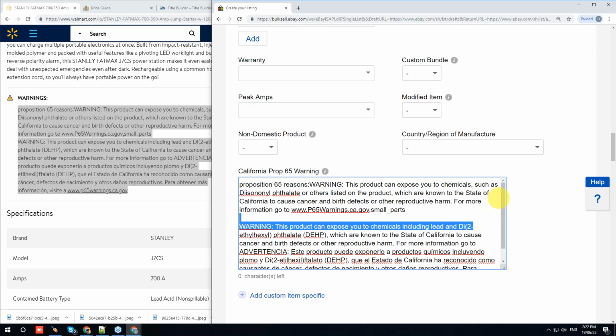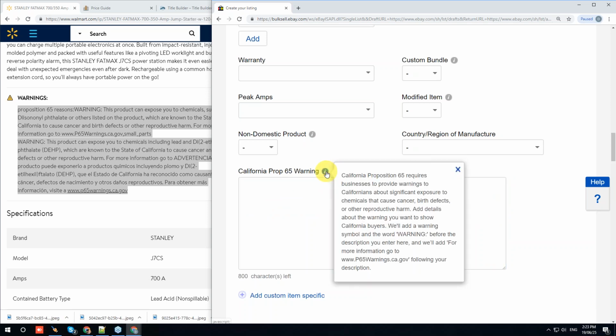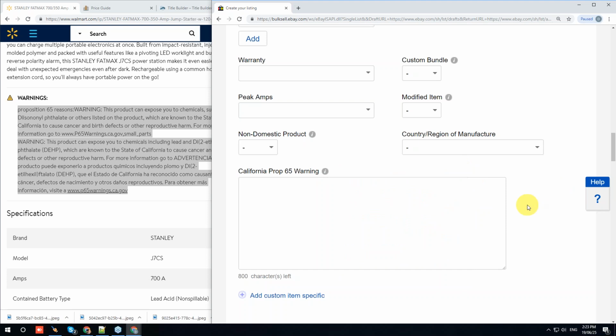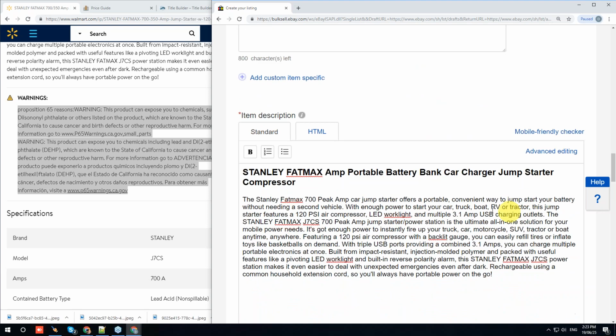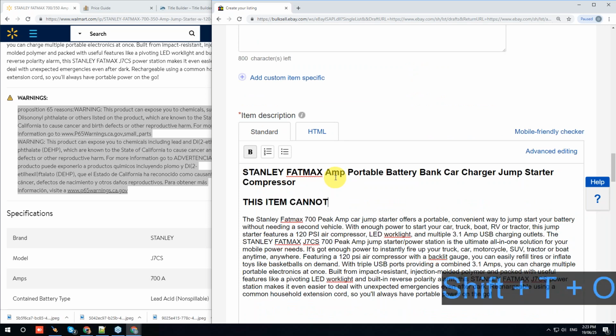So if you want to, instead of putting a Prop 65 warning into this box, you can put a line in there which will say something to the effect of, we cannot ship this item to California addresses. Any orders placed from California will be canceled, but you don't get into the reason why, so that we don't scare off our customers in the other 49 states. And if you wanted to do that, you could just put it on the next line down, in all caps: this item cannot ship to the state of California